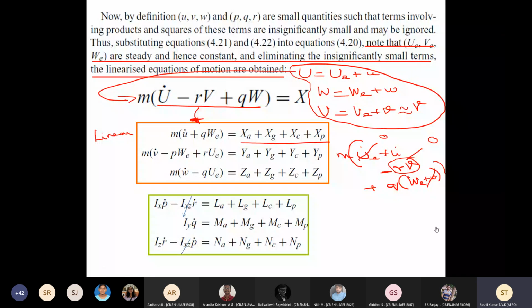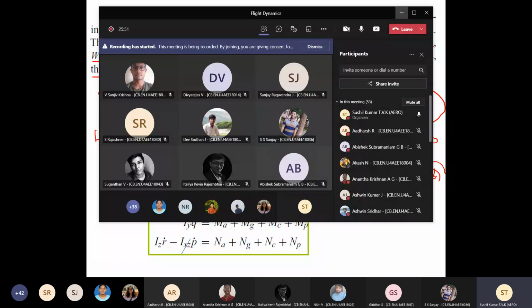Is it okay, Sanjay? Yes, okay, sir. I don't want to derive the complete thing, then it becomes too much. So you have enough time till the next class. Go through the book, go through the slides, and I'll try to upload these slides today on the AMS, so it will be easy for you to follow.